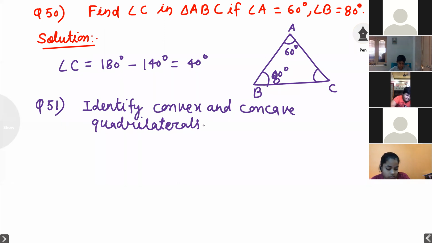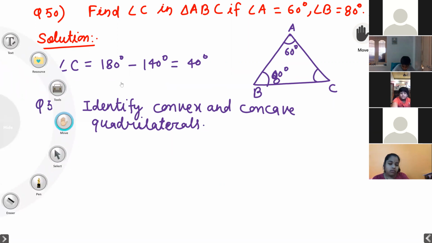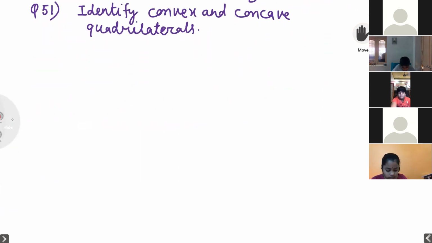I have explained very clearly to you in the regular classes what a convex quadrilateral is. If I'm talking about a convex quadrilateral, both diagonals are completely contained within the figure, meaning both diagonals exist inside the figure, not outside. If I'm talking about a concave quadrilateral, then at least one diagonal lies outside the figure. It looks like the mouth of a cave. Now I am drawing some figures. Tell me, student, which one is concave and which one is convex.